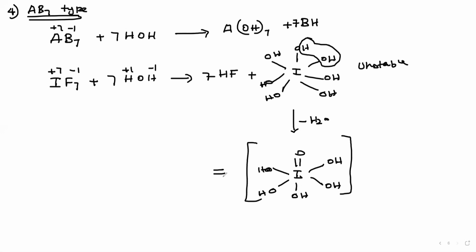We can represent this like H, okay, 1, 2, 3, 4, H4, iodine. Okay, 1, 2, 3, 4, 5, right? H5. How can I represent it generally? This is H5. How many oxygens are there? 1, 2, 3, 4, 5, 6. O6. This is an H5IO6 compound. Please note. Very, very important from our exam point of view. This way, all the interhalogens undergo hydrolysis to give this type of oxyacid, and also hydroacid. Okay, very important.